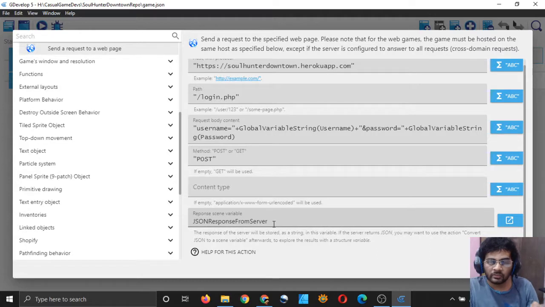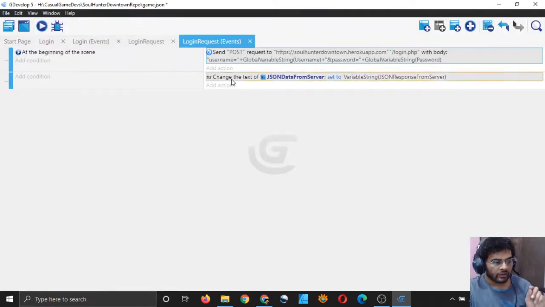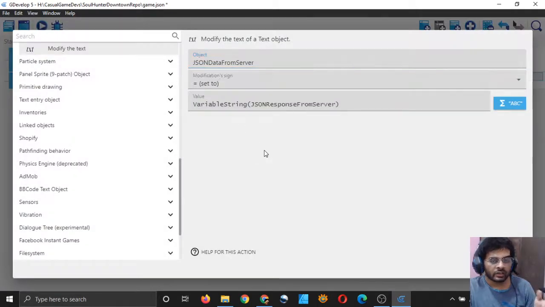This is a scene variable which stores all the data which the server returns to our program. So that's what's happening, and in this line we are simply displaying the JSON data, right? We have a text object JSON data from server, and we are setting it as equal to the JSON response from server which we received, right?